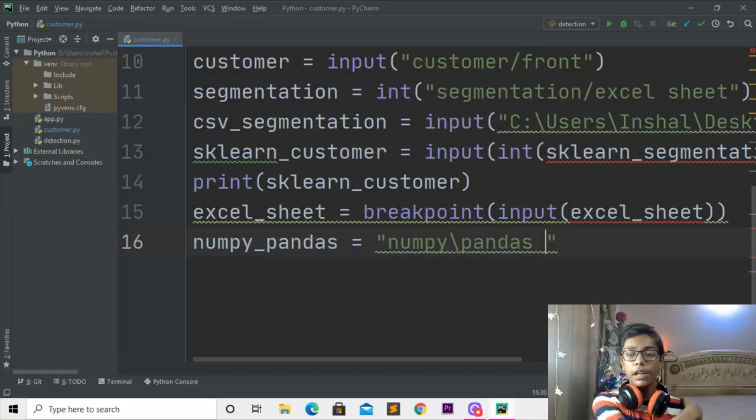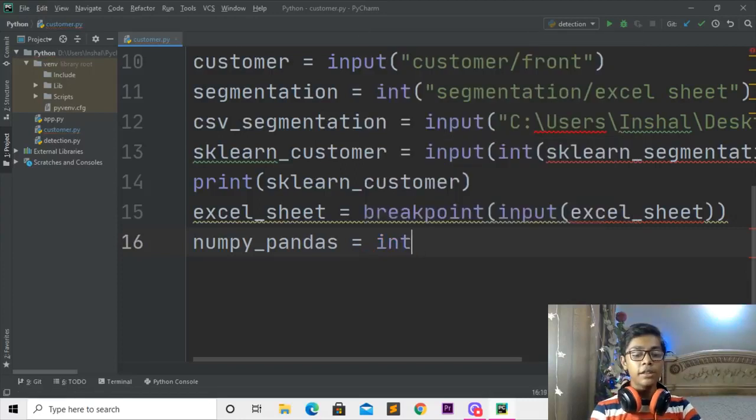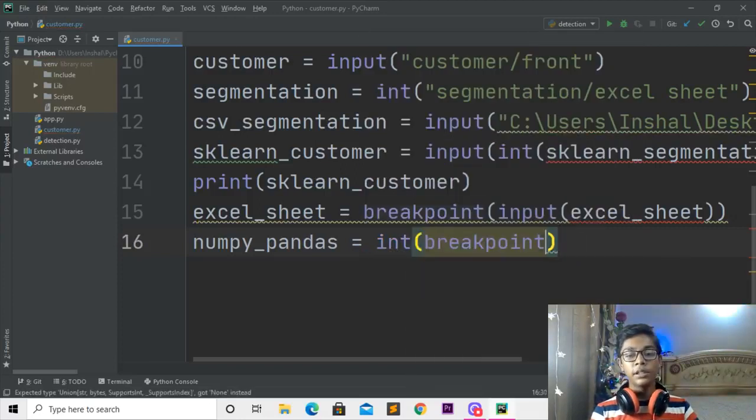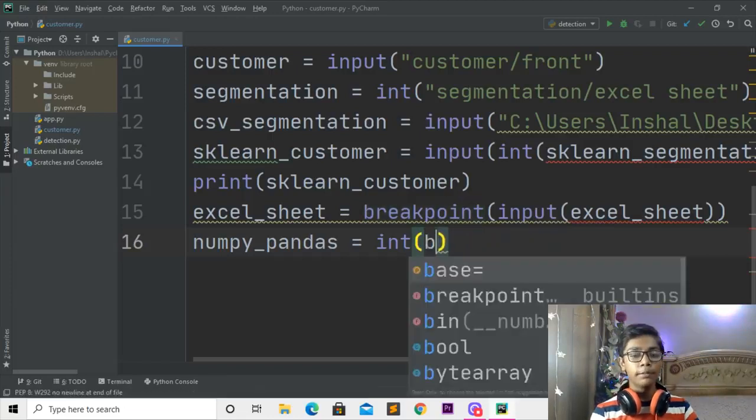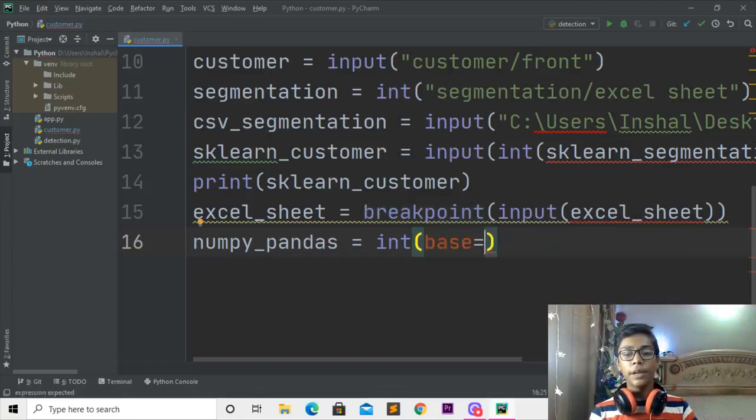And when you've done with that, here I'll be moving backwards, and here I'll also be coming. When you've done with that, I'll be closing, I'll not be closing that, and here I'll not be writing this thing, but before that I'll be writing the init tag, and in this init tag I'll be writing a breakpoint tag, and I'll be changing that to not breakpoint, I'll be changing that to base tag, and in this base tag I'll be defining now